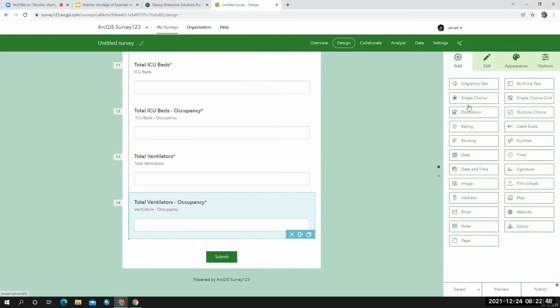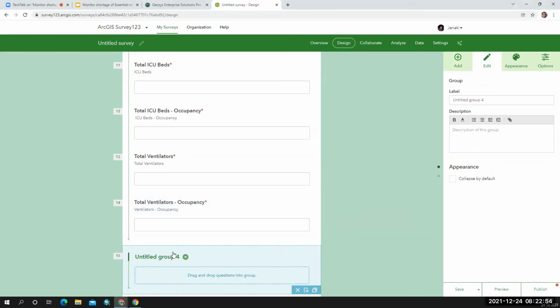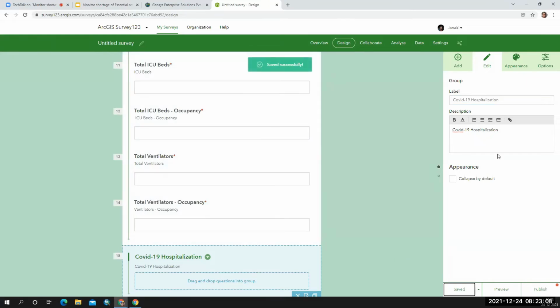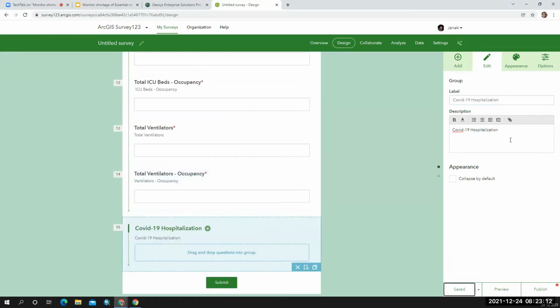In the similar way, I can create one other group. So this is basically related to that COVID-19 hospitalization. So in this COVID-19 hospitalization, I want people who are hospitalized.